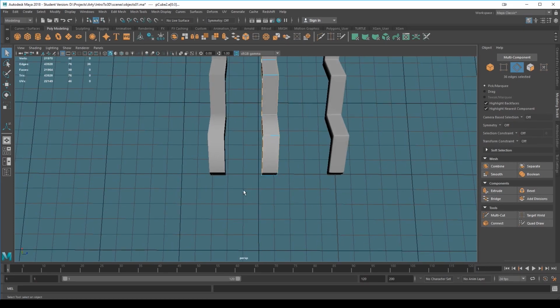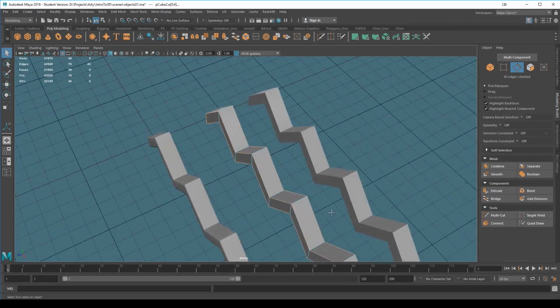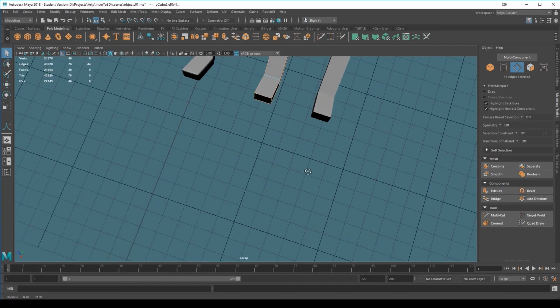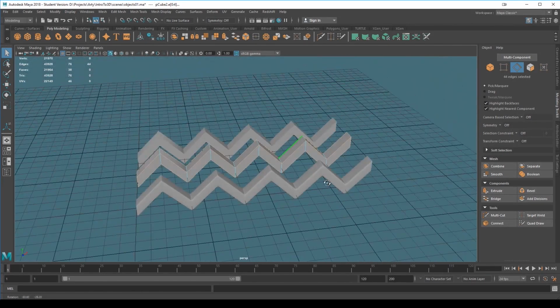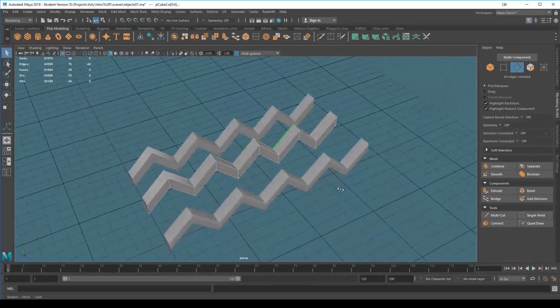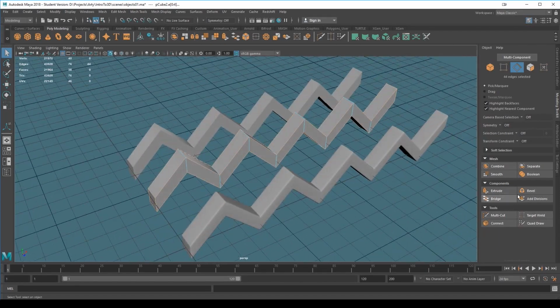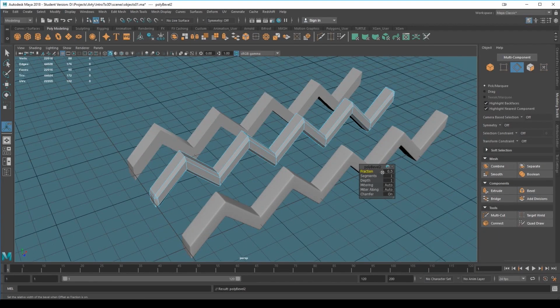If I held down shift, that selects what I want, but it will then deselect this. And it wouldn't be that big a deal. I can hold down shift and just add to that selection again. But it's much easier just to go shift control, grab those guys, just hit F to focus so my orbit's not all out of whack. And that's looking like what I want. So let's hit bevel, it should work. I'll give it 2 segments, I think. And the fraction,